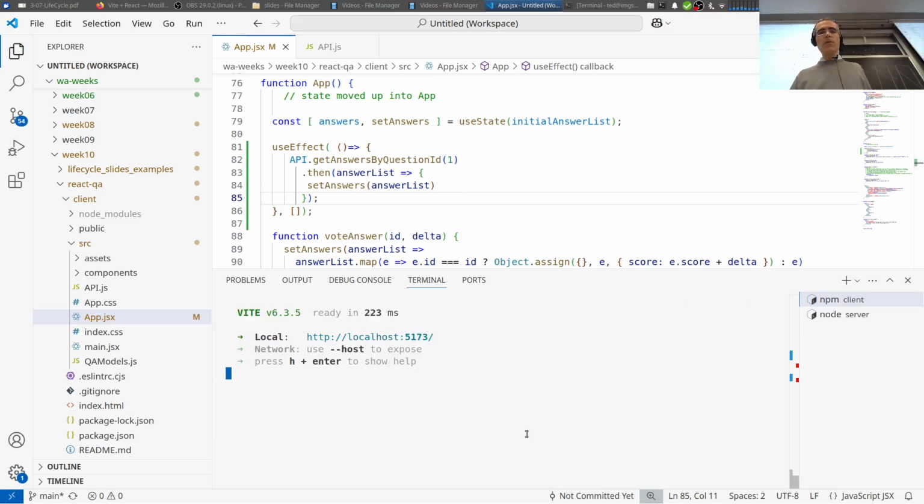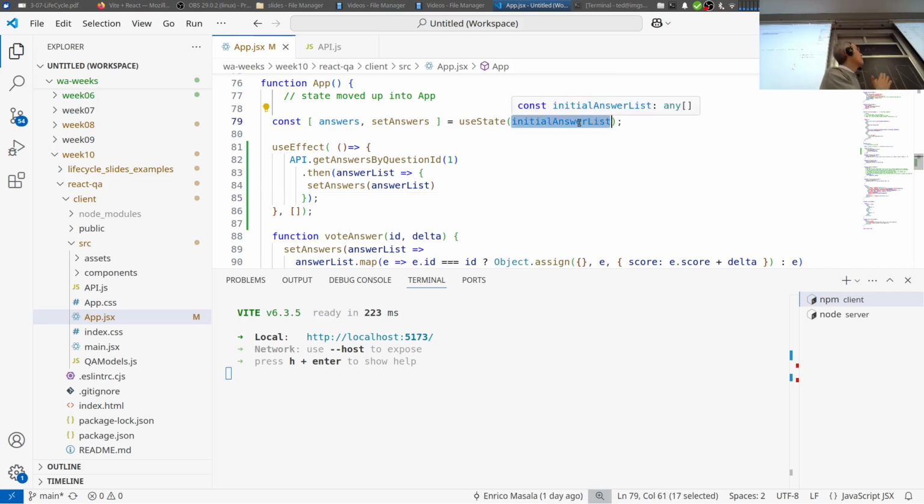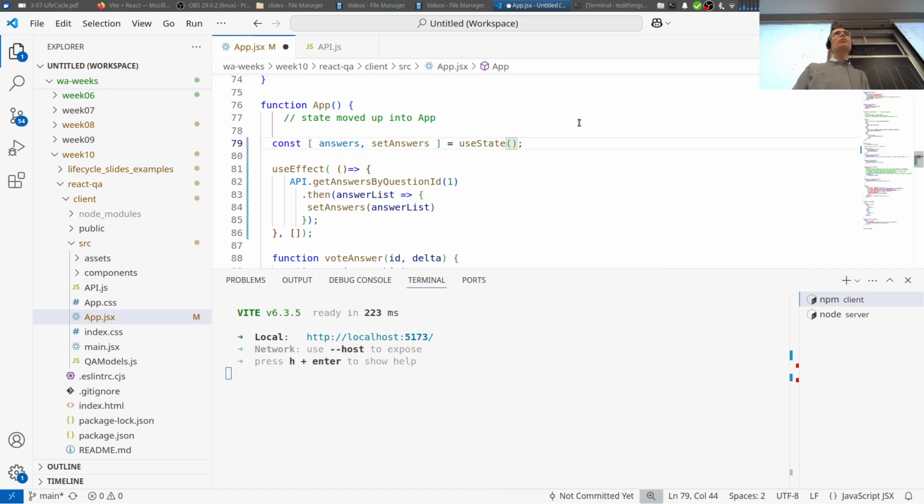Let's see if it complains or not. No complaints, good. Okay. There's still this initial answers list. I want to try if it loads from the server, so I don't want to have a list here. Of course it works if the list is already hard-coded. Just make an empty list here in the